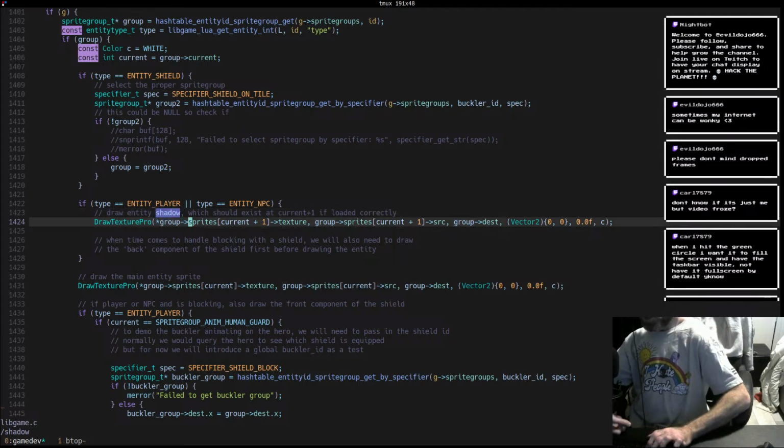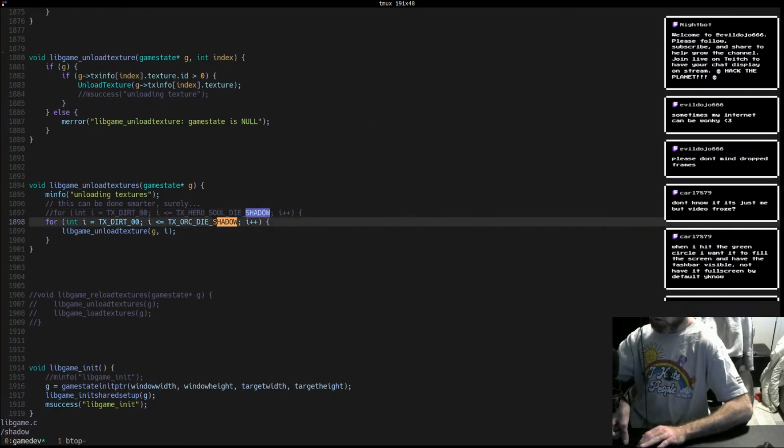See, with the shadows on the player or the orc,